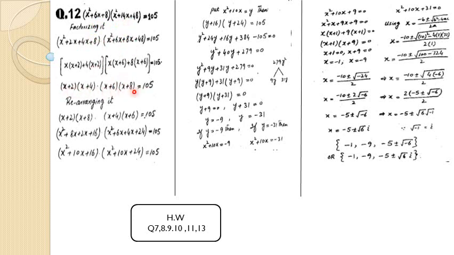Now you can see that this is like the previous question. Now rearranging. What do we arrange? Plus 2 plus 8, what is plus 2 plus 8? Plus 10, and plus 4 plus 6 is plus 10. So arrange this bracket with this bracket, and this bracket with this bracket. So now you can see that x square plus 10x is the same. Now put the supposition here: y is equal to x square plus 10x, because x square plus 10x is common.